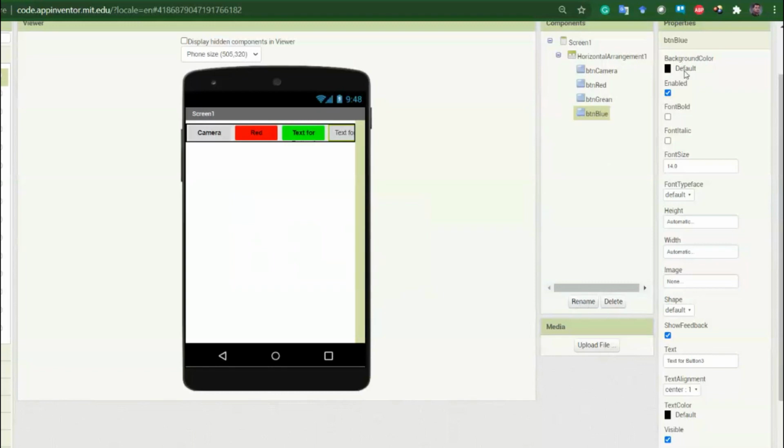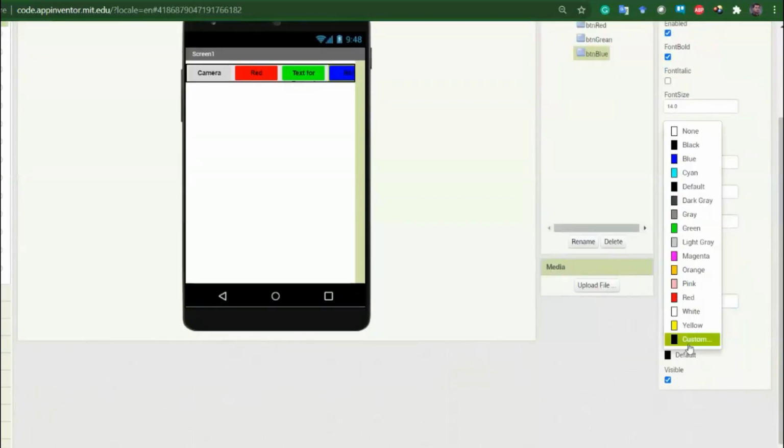Okay, and its background color should also be blue. And when the background color is blue, then the black color is not suitable for that. We should change the text color. Okay, this text is Blue, and the text color we should change to white.